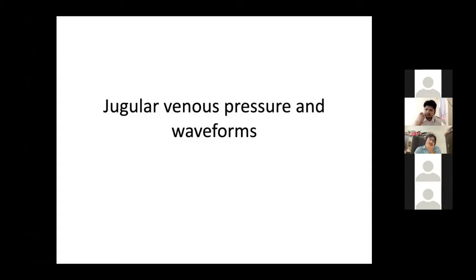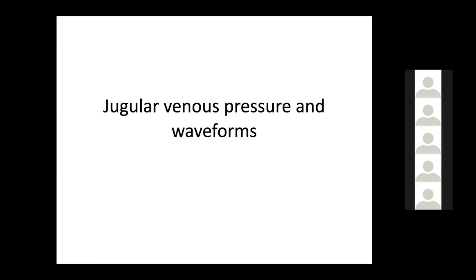Good evening, everyone. Today we are going to discuss a clinical finding, which is very important in our clinical practice. That is the jugular venous pulse. The JVP stands for both the jugular venous pressure and jugular venous pulse. We can use it synonymously, but most commonly it is used as jugular venous pulse. Now, this is one finding which all of you should see in all of your cases, be it valvular heart disease, congenital heart disease, ischemic heart disease, cardiomyopathy, or pericardial diseases.